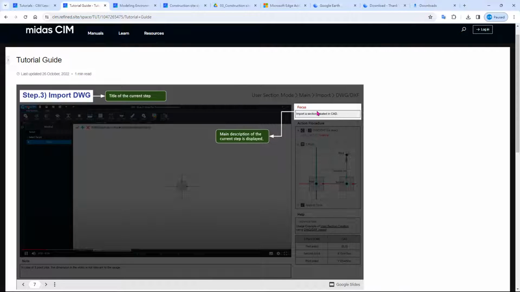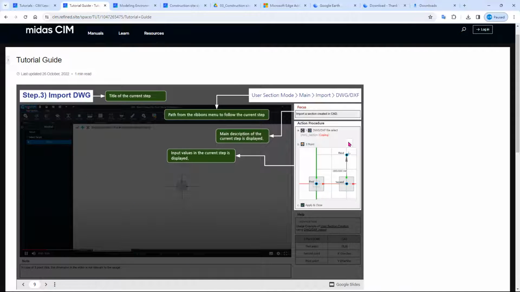And after that, in here, this is just the subtitle of the sub function of each step of the tutorial. You can see here, this is to import a section created in CAD. And on the top right corner here, this is the directory in which you can access the tutorial. So you can click on the user section mode, main, import, and dwg slash txf to access the activity that is currently in the video.